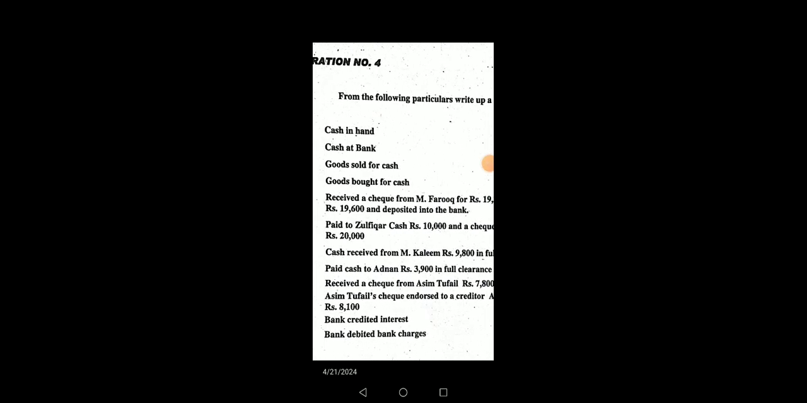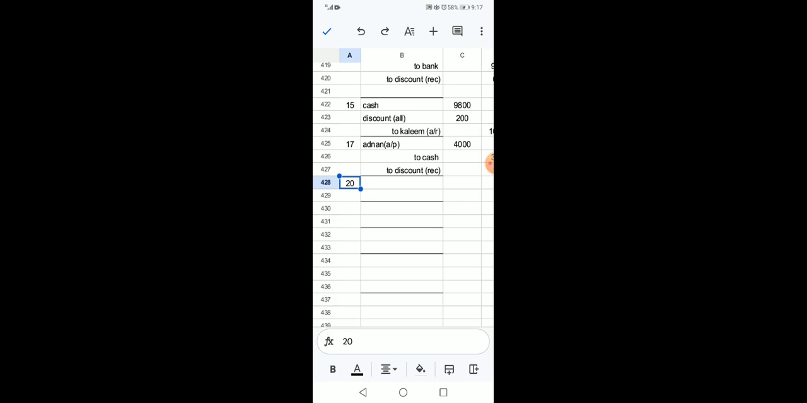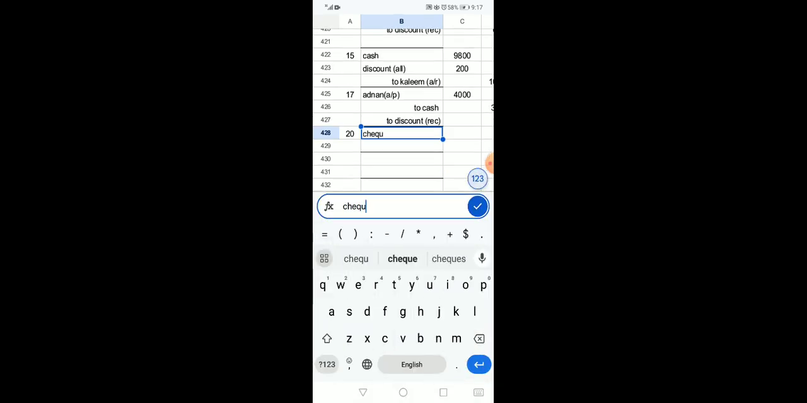8,000 full settlement, and what you have done, you have received a check from Asim. At first step, we will journalize: received a check from Asim. When you are receiving a check, it means a check is coming in, your asset is increasing. Increase in asset should be mentioned on the debit side, so you were supposed to write check over here as you